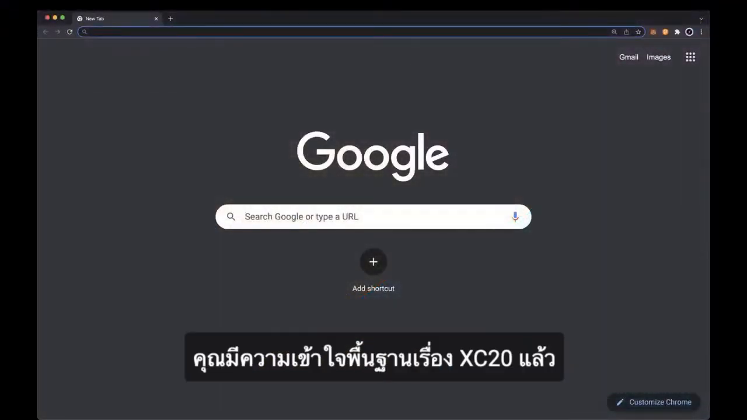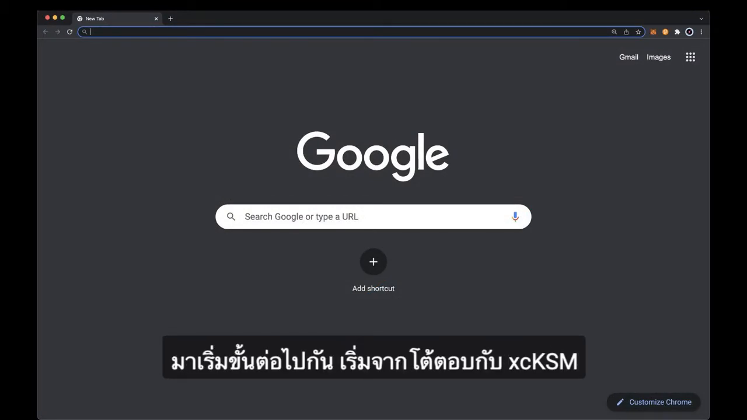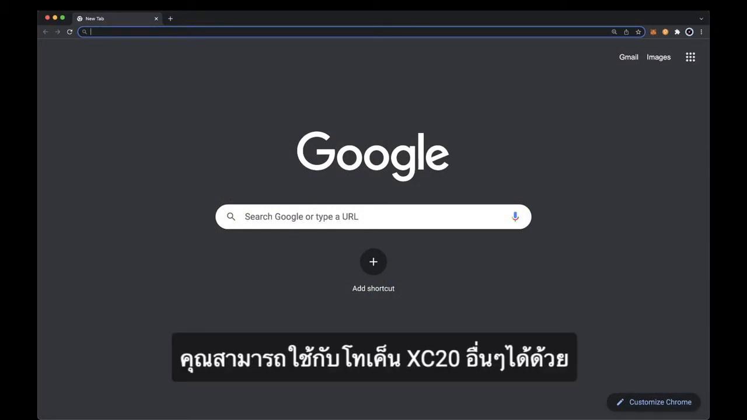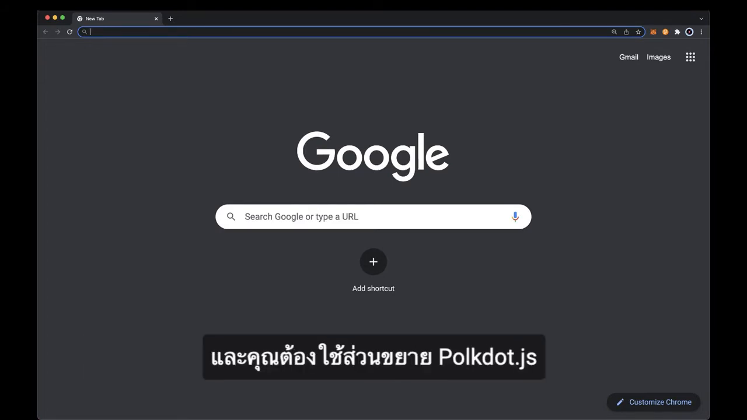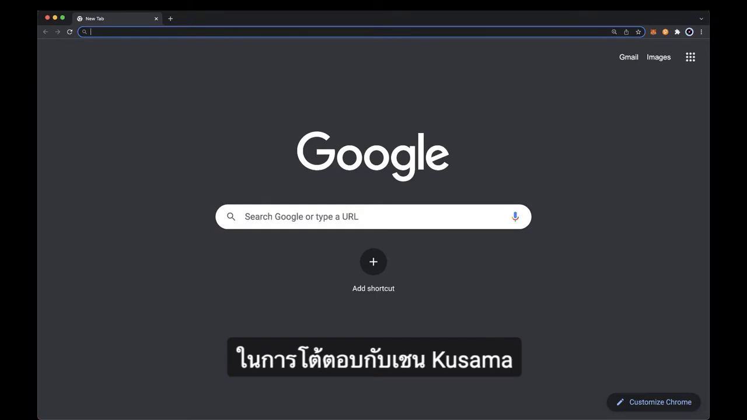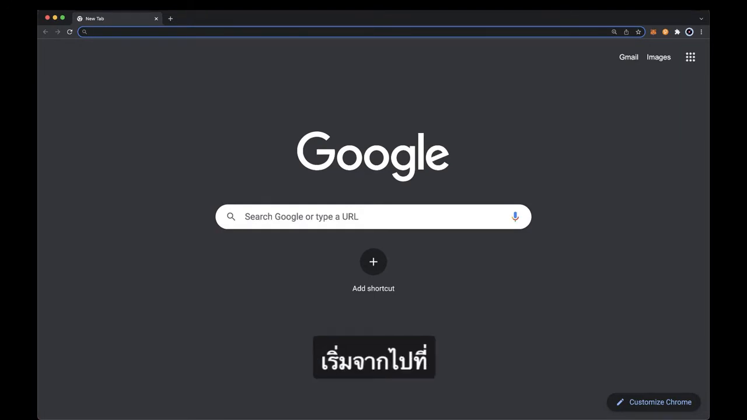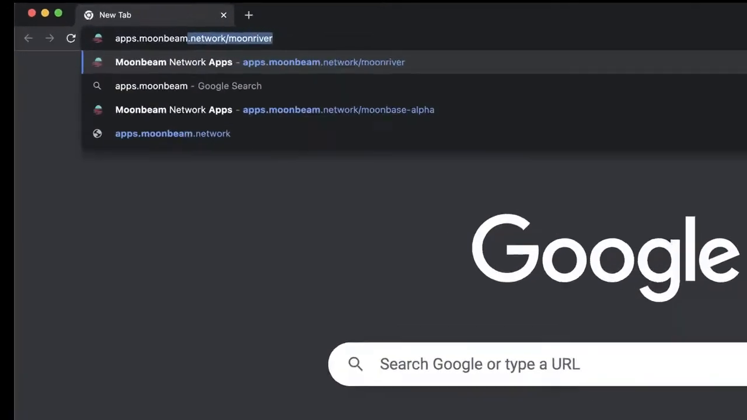Alright, so now that you have a base understanding of XC20s, let's get started and interact with some XCKSMs. You can also adapt this guide for other XC20s. You'll need MetaMask to interact with the assets on Moonriver, and then you'll also need Polkadot.js extension to interact with Kusama. To get started, go ahead and navigate to